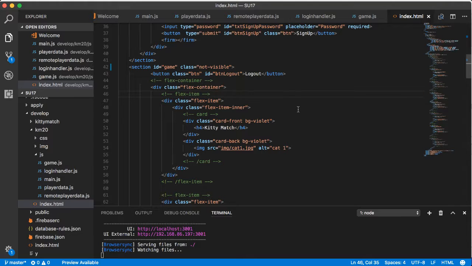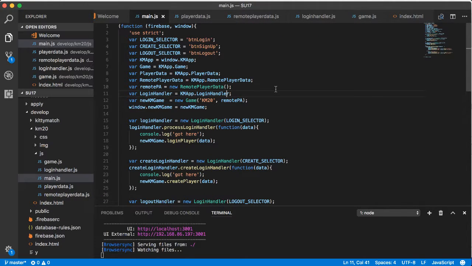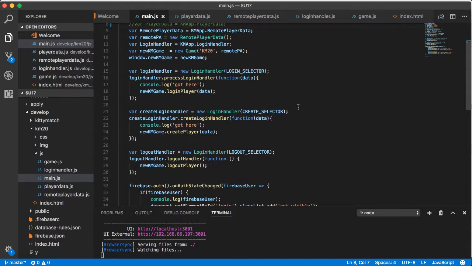So I'll start with this. In this case I changed from, of course, the player data. So I could actually now comment out the player data, because I implemented the remote player data. I set up the remote player data by instantiating the new remote player data, which we'll definitely look at in a minute. And then in this case, I ended up adding